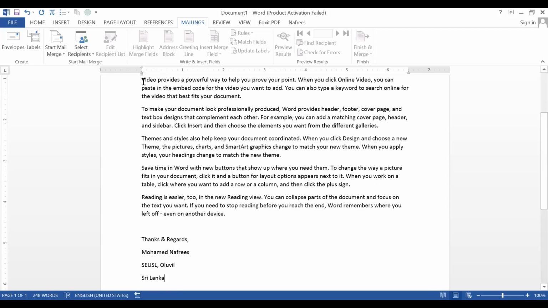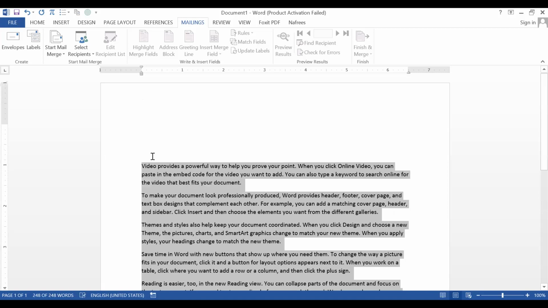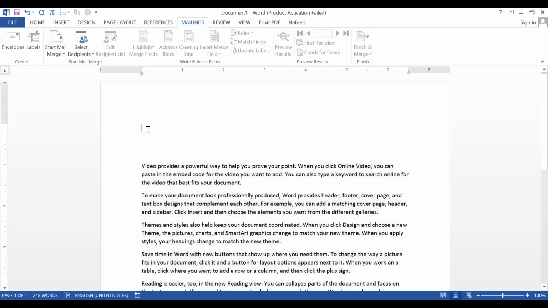Let's say this is the common part of my letter. This is equal for all the recipients. I have to change only the address area, name and address, some of the details. Okay, I'll continue after the azan.